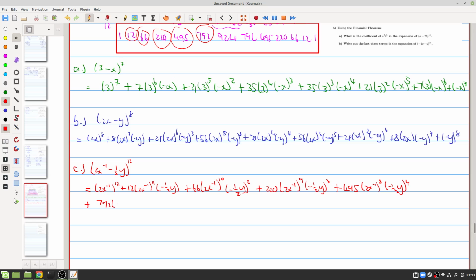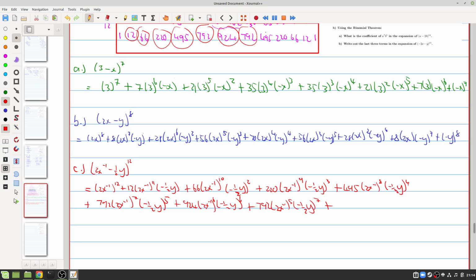So plus 792, first term to the power 7, and then the second term we're up to the power 5, plus next coefficient 924. Okay, first term to the power 6, second term to the power 6, plus next coefficient 792 again. 792, first term to the power 5, second term to the power 7,